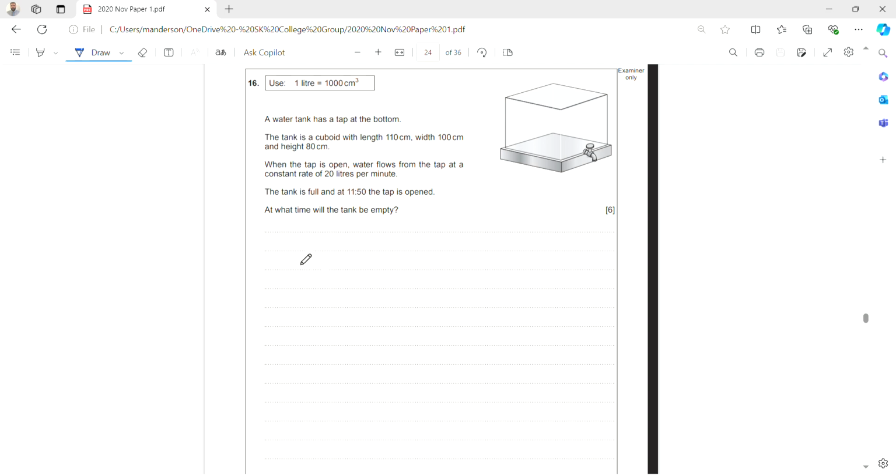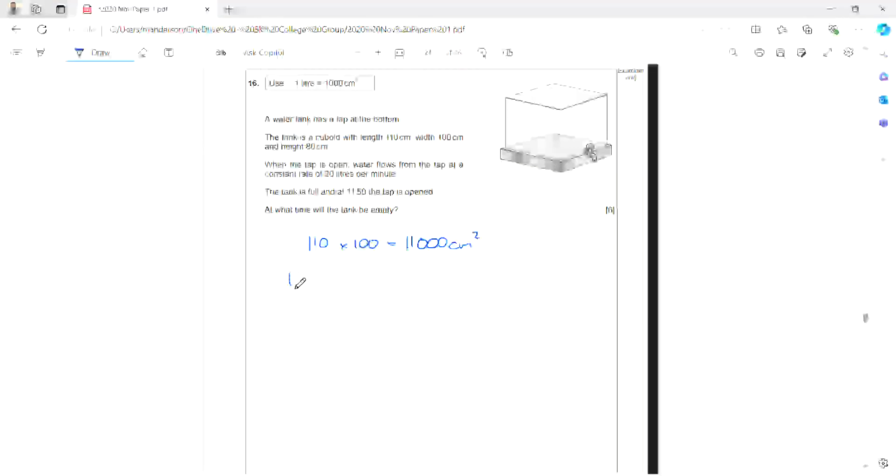So I'm going to work out the area of the base, which is 110 centimetres times by 100 centimetres, which gets me 11,000 centimetres squared, and when I times that by the height of 80 centimetres, I get 880,000